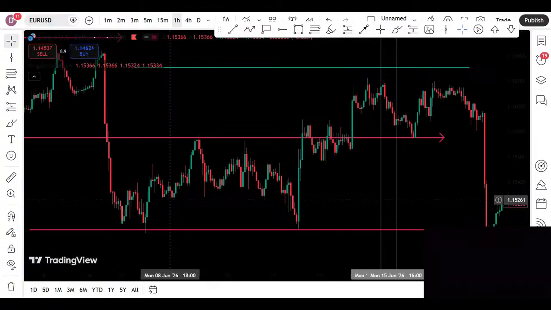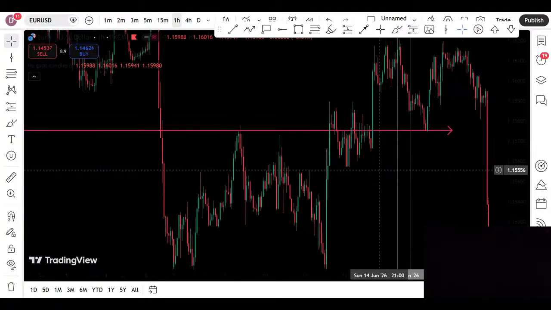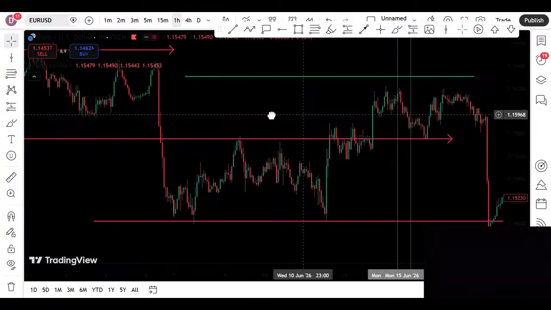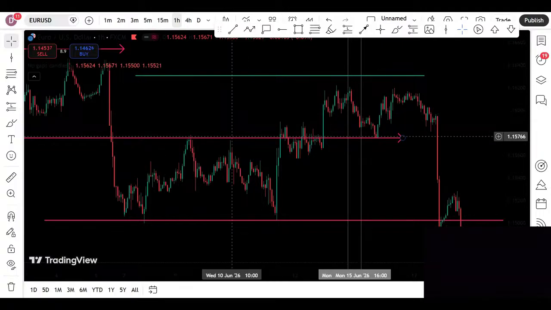So what was happening actually, I'm a scalper and I'm trading with the 1